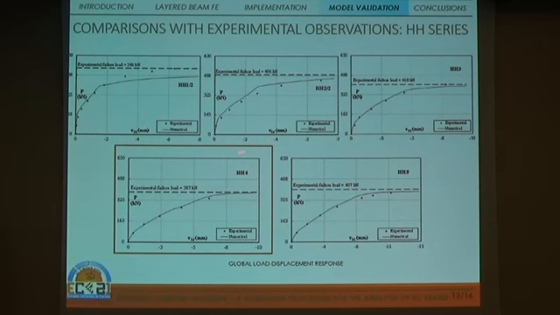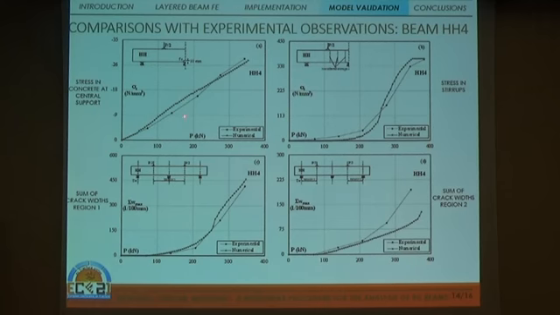Here are some comparisons between numerical and experimental results in terms of global behavior, so applied load versus displacement under the loading point, while other comparisons are provided only for beam HH4, which was characterized by the lowest experimental failure load and by a critical value of the ratio between applied moment and shear force. And here are some comparisons in terms of stress in concrete in the bottom chord over the central support, maximum stress in stirrups between the concentrated loads and the central support, and sum of crack widths in the central part of the beam and in the lateral wall.